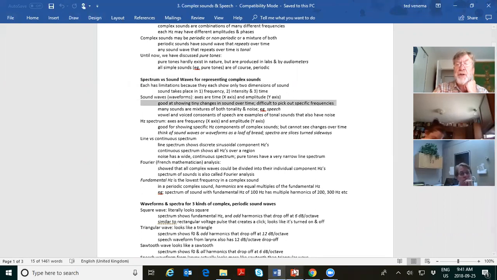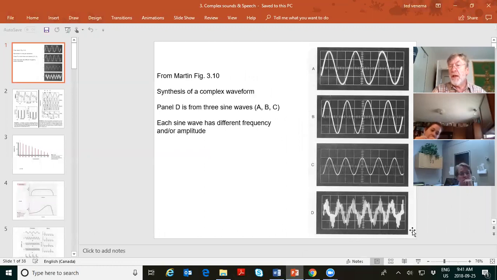So look at our picture here. Look at the bottom wave. You can see what's happening over time, but if you look at that bottom wave and I said, well, what's the frequency there? You'd be going, I don't know. I'd have to figure it out. You'd have to do some math and some measurements to figure out the frequency here. First of all, you'd need to know what the time was. And then you'd need to do what they call a spectral analysis